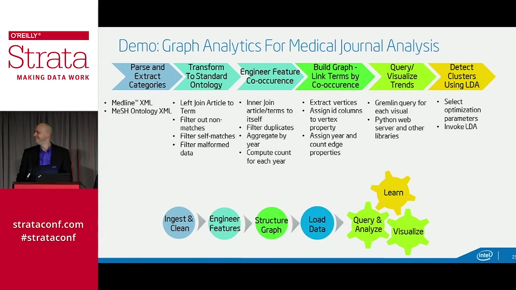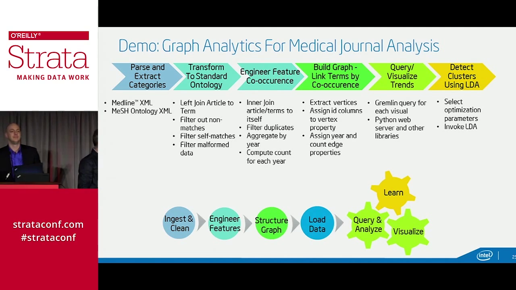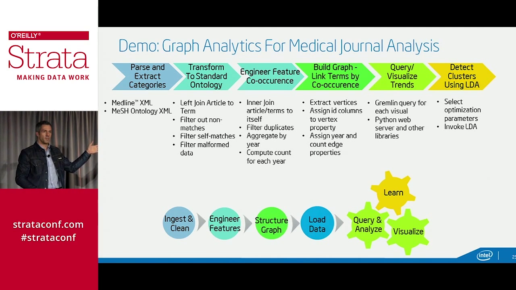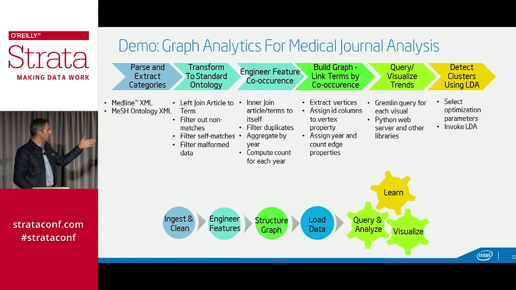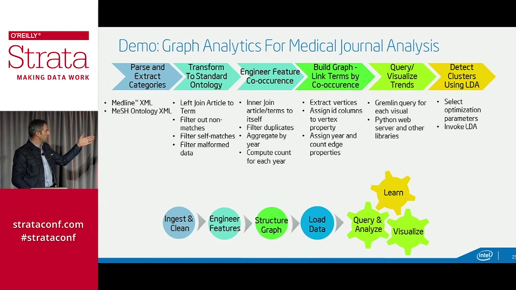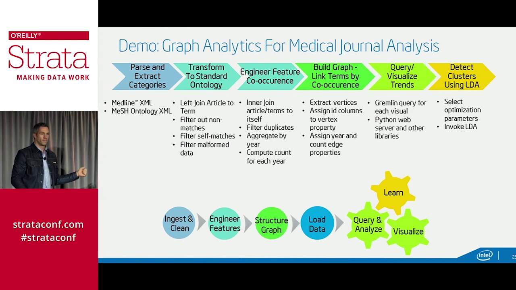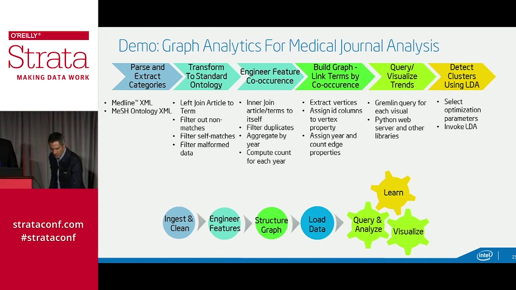I think actually, briefly, I did it to you again. We're just going to look, sorry about that, we're going to look at that pipeline. This is an indent problem. We're going to extract from XML, right from the Medline database. We're going to build some features out of it and filter them. And with that standard ontology of features, we're going to build a co-occurrence graph that we can then mine. So let's do it. Okay. Now I can switch you back since I slammed you. That's all right. There you go.